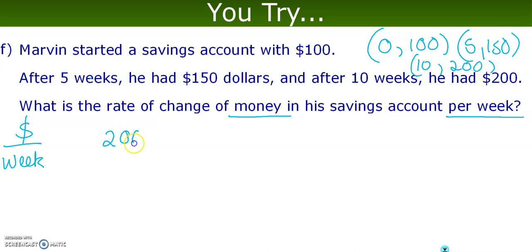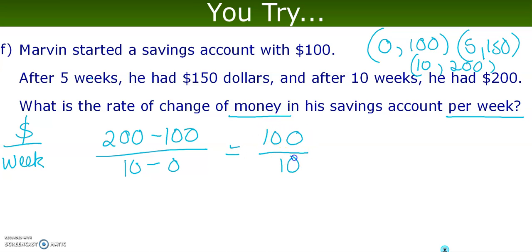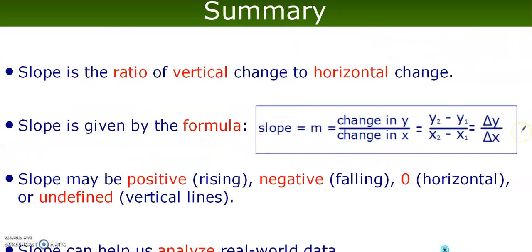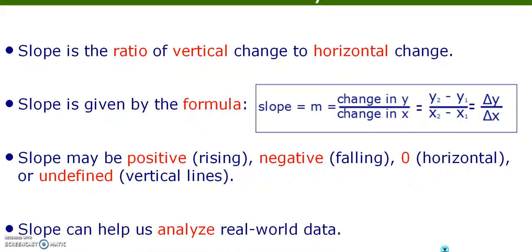I'm going to go with the easy ones. I'm going to say 200 minus 100 over 10 minus 0. We'll get 100 over 10. When we divide 100 by 10, we get 10. And what does that represent? $10 per week. Remember that slope is a ratio, vertical change over horizontal change, y2 minus y1. Slope can be analyzed